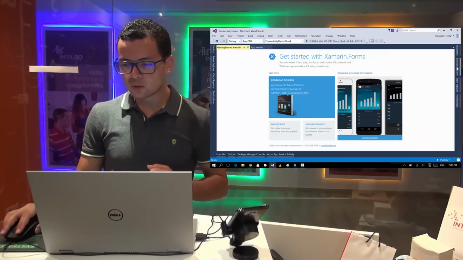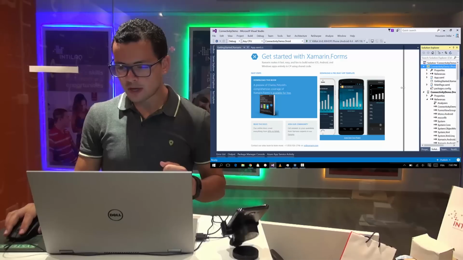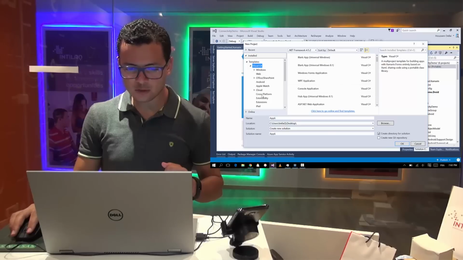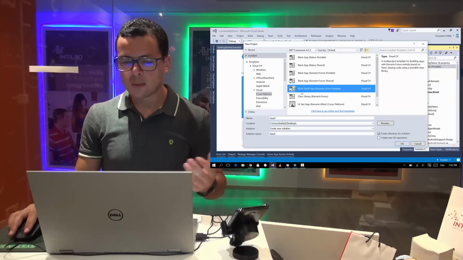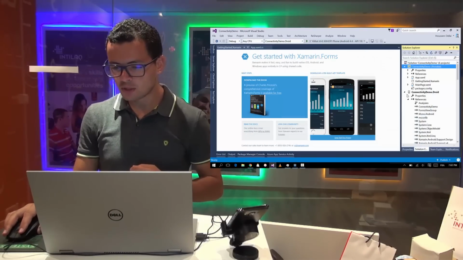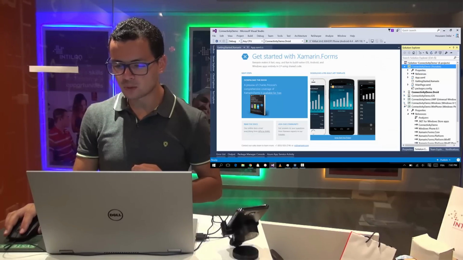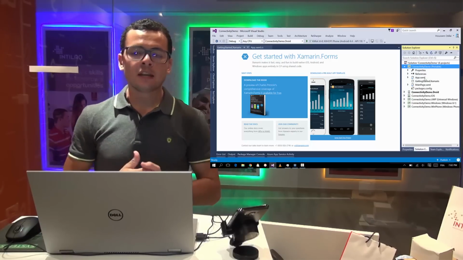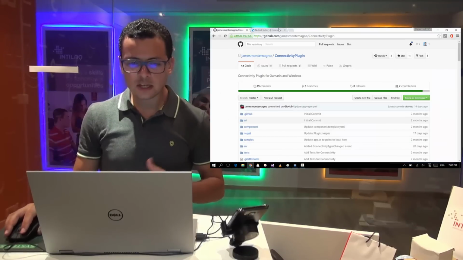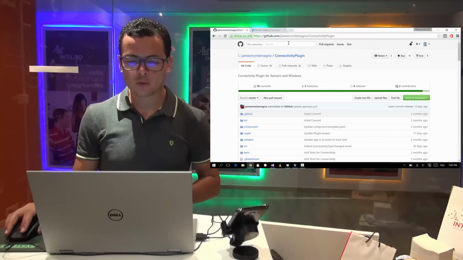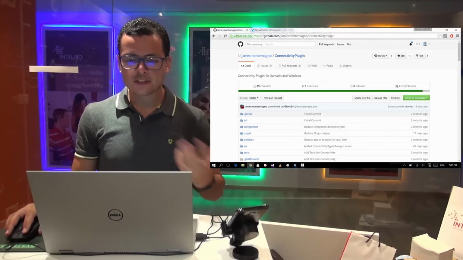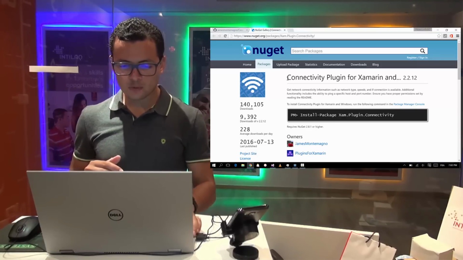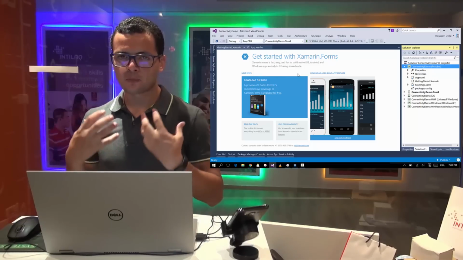So here I have created a new Xamarin Forms application by going to File, New Project. Under Visual C# I choose Cross-Platform and then choose the Blank XAML App template. That one will give me this project template that you already know. And here, to check the internet connectivity, I use a plugin. This plugin you can find online, open source on GitHub through this URL. And this plugin is also available as a NuGet package,